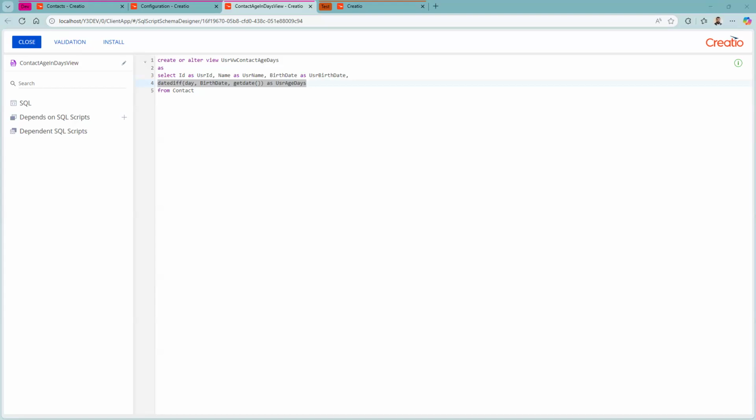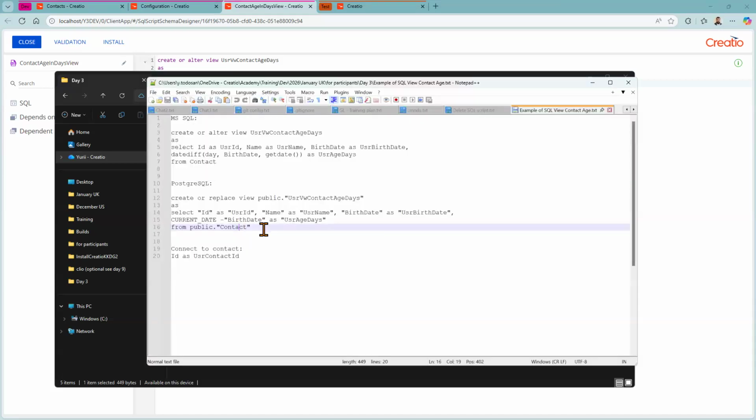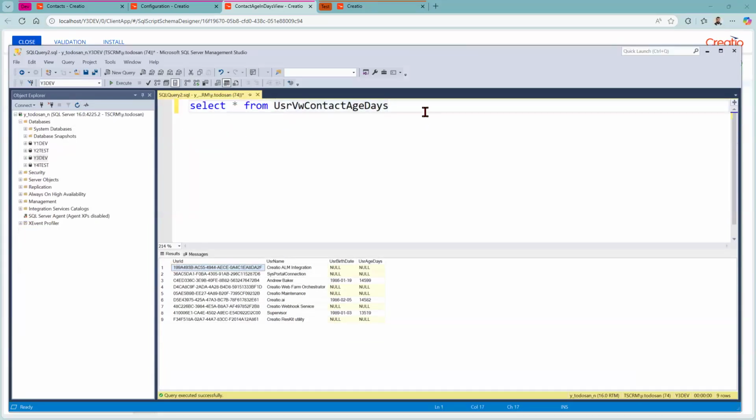And now, let me quickly remind you. So day 3, example of SQL view contact. And this is what you need to add. ID as, and this is important, user contact ID. And it might not be a given. This is something that is managed by Creatio automatically and is easily overlooked when you make changes to database structure directly. For example, if I